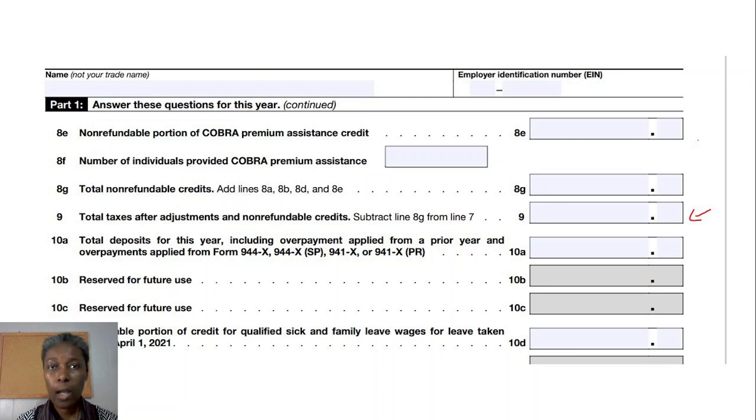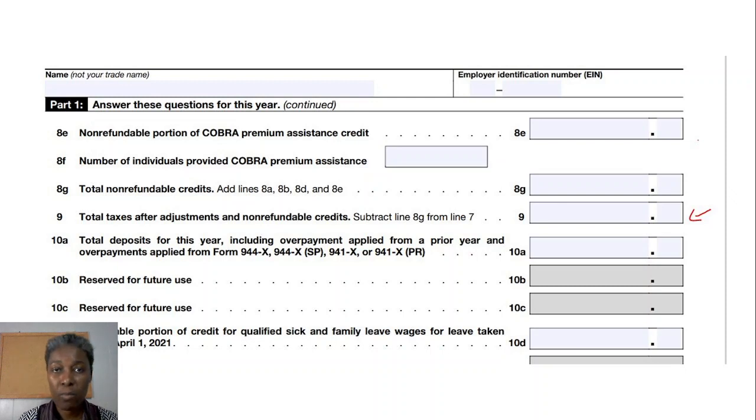at the beginning of the calendar year, you have to choose your payroll deposit schedule. To do that, you have to look back to 2 years ago, at the Form 944 that you filed. So for 2023, if you are looking for the deposit schedule that you need to follow as an employer, and you file Form 944, you will pull your 2021 Form 944, and you look at line 9, total